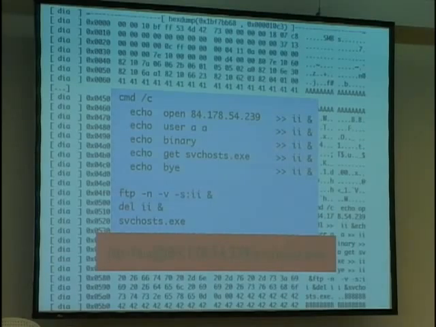It echoes a control file for ftp.exe into a temporary file called II, and then invokes ftp.exe with some parameters, like you see -s means it shall use the file it created before as a command file, then deletes the command file, and then invokes the downloaded file, which is called svchost.exe. So we take all this information, run it through